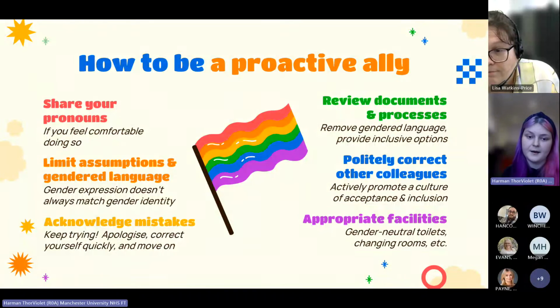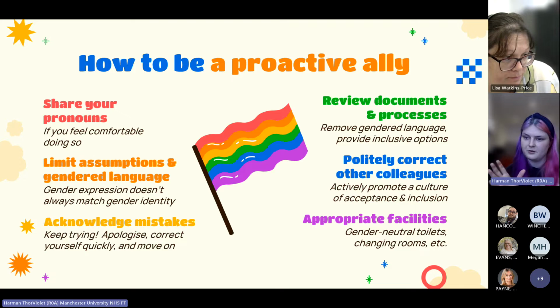And finally, appropriate facilities. So fully appreciate practical estates restrictions on these, but where possible, be aware of the locations of gender neutral toilets, changing rooms, shower facilities, anything that you may have like that. If you don't have any, but there are gendered single stall facilities, the ones with just one toilet, sink, etc. in, consider suggesting that these be made gender neutral, which could be useful too.